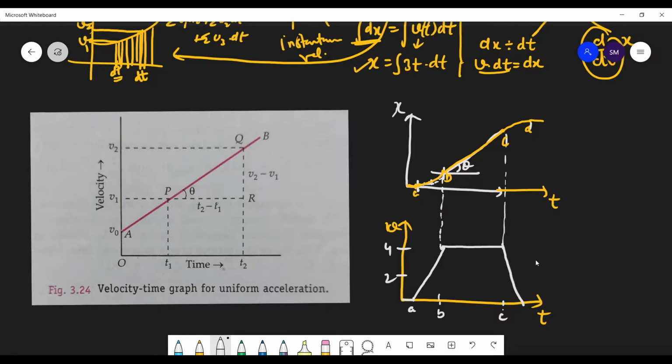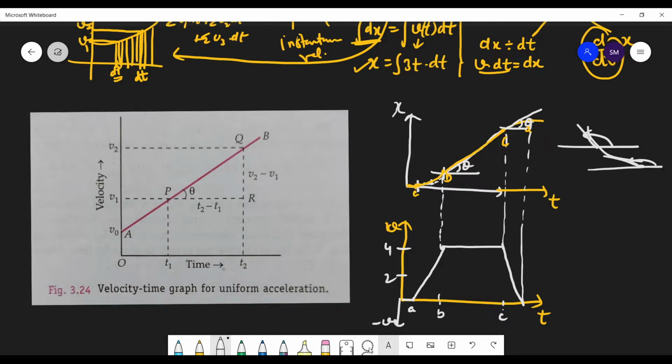Now, this is your D. The slope is positive, but it is decreasing. Theta is positive. A negative slope will be there when you have a graph like this. This will have a negative slope. How? This angle from the x-axis is more than 90 degrees. Here this slope is positive, and you can see the velocity is also positive. Velocity is not getting negative. Velocity is positive, slope is positive.